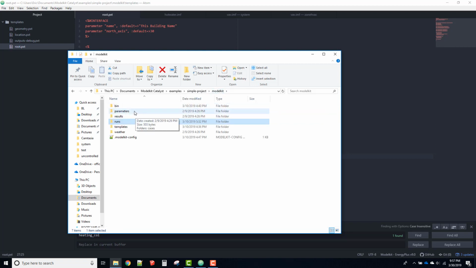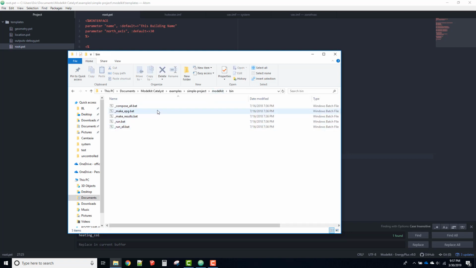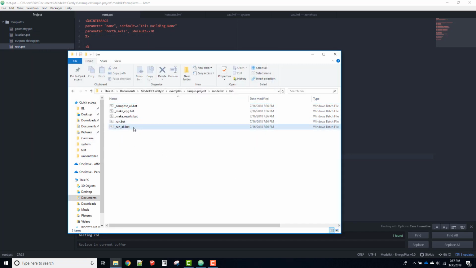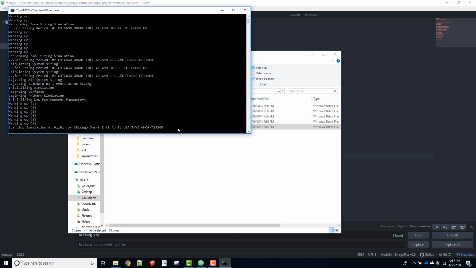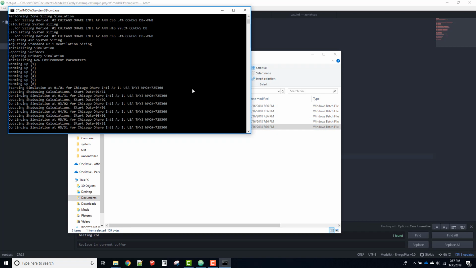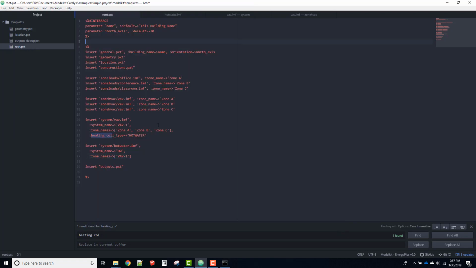We will go back in our bin folder and compose that model again. One file copied, and now we'll run that again. And this time it runs just fine. So again, that was just adding a heating coil type of hot water to the VAV air handler. If we want to do the same thing to our terminal units, the zone HVAC VAV objects,